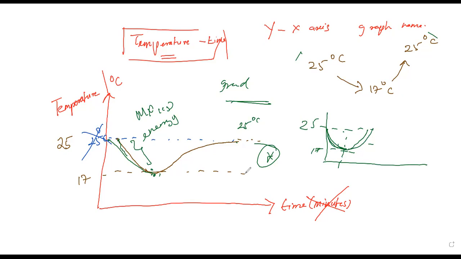But what was the question? The note clearly mentions that eventually the system reaches 25 degrees Celsius, the room temperature. So it happened eventually. You didn't give any energy or any substance to become 25. So that is what this graph is for. You have to know, guys, when you are drawing a graph, why something is not possible and why this is correct. If you understand it that way, you'll be clear.